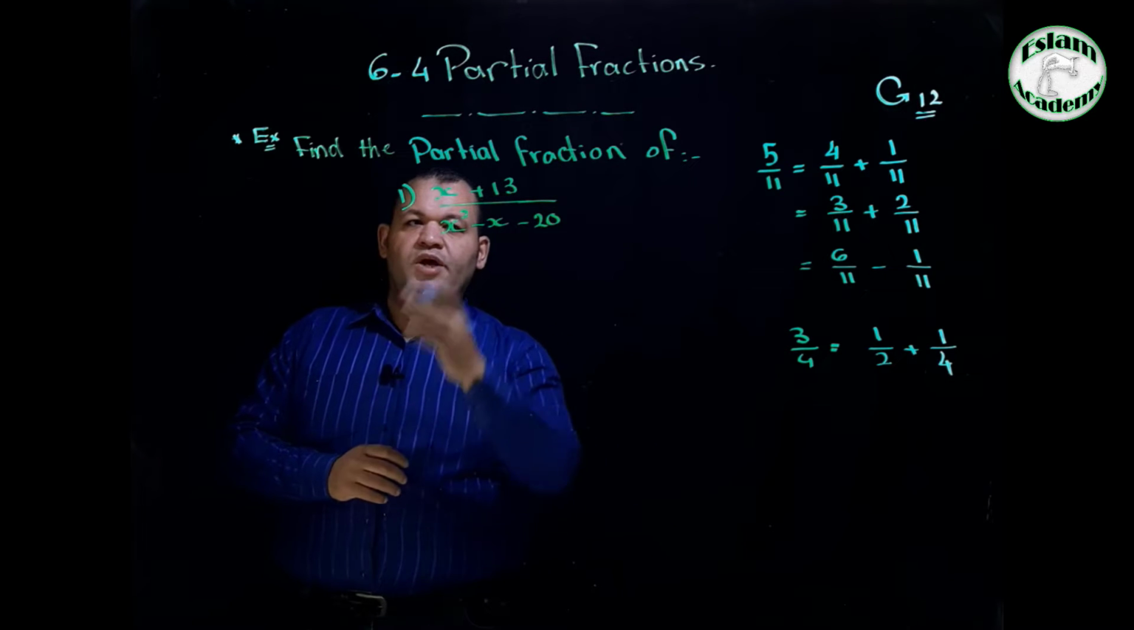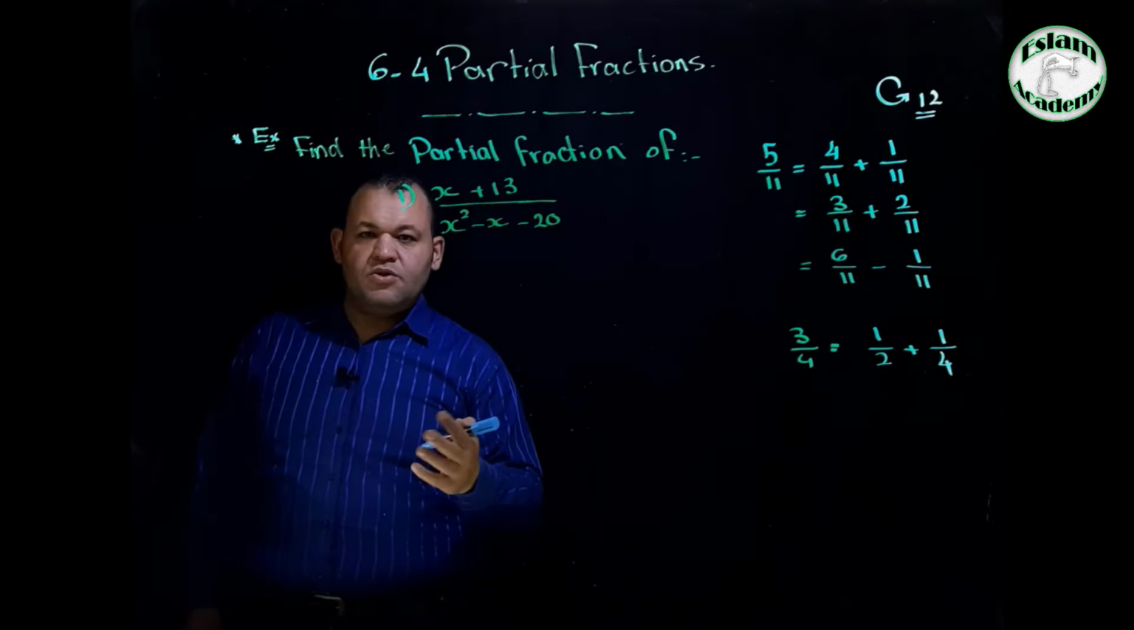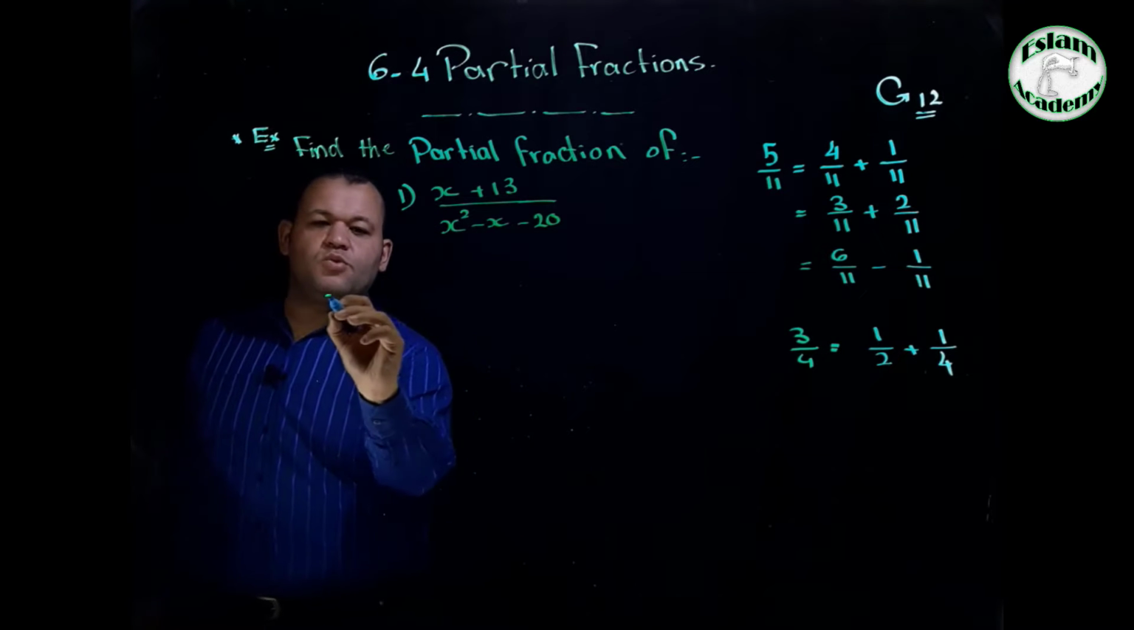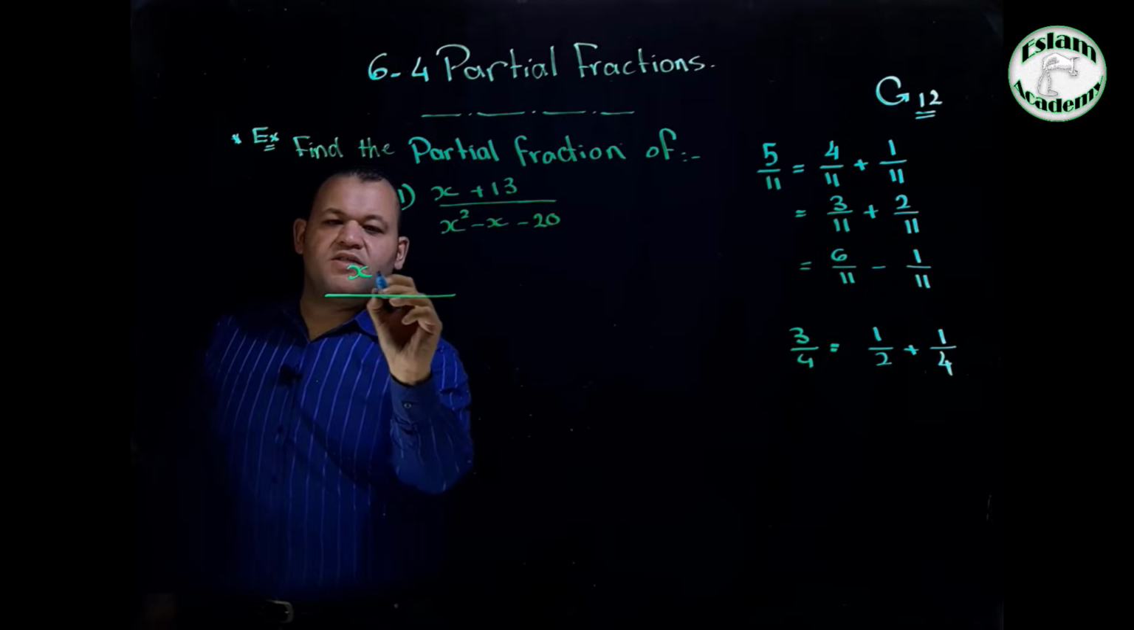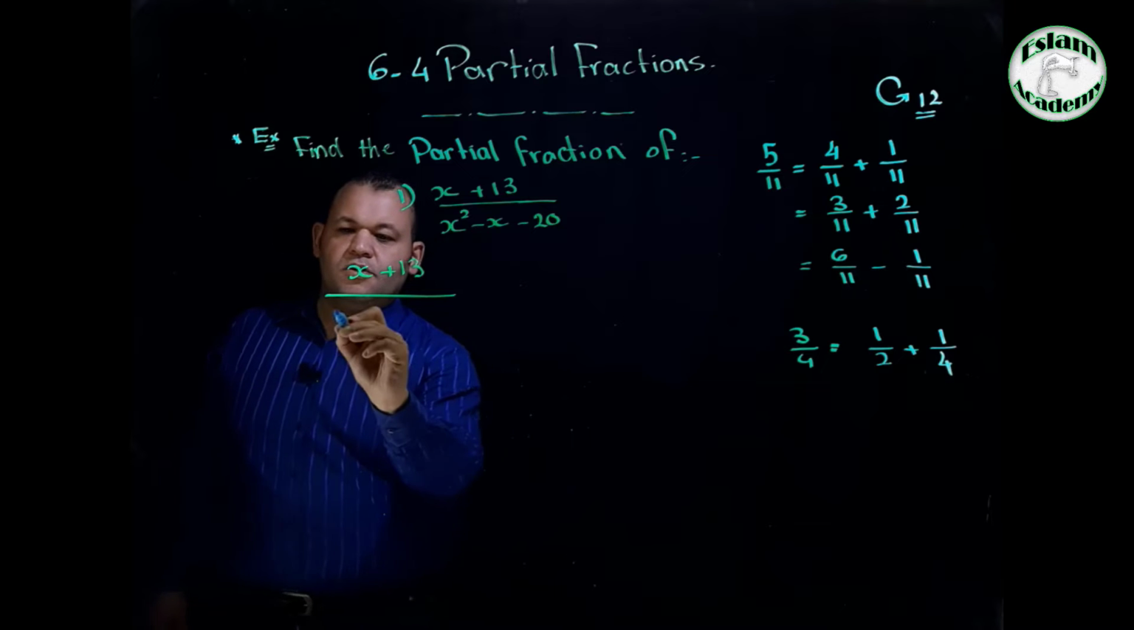In question number 1, we have x plus 13 over x power 2 minus x minus 20. To solve this question, we will start by writing the numerator without any change. So we have x plus 13. And we factorize the denominator. So it will be,